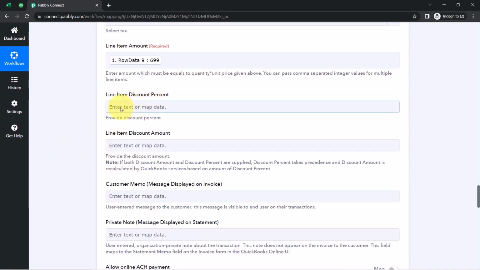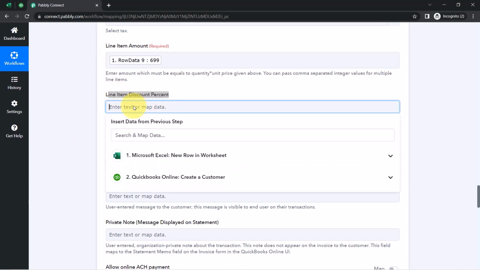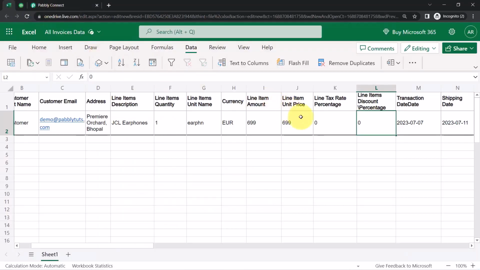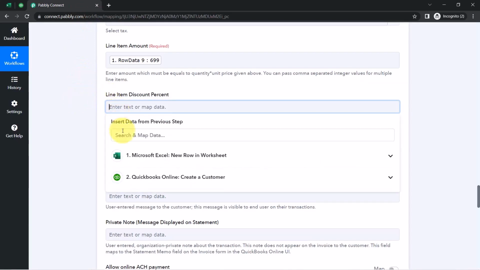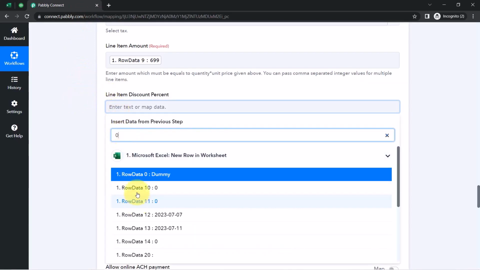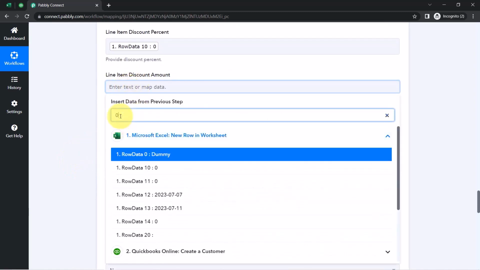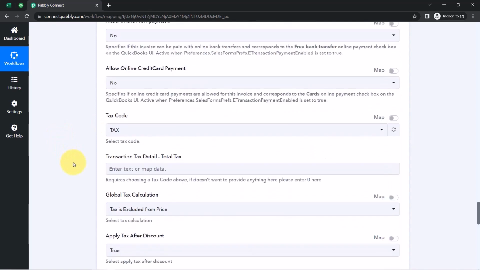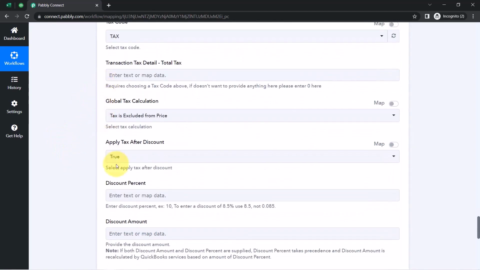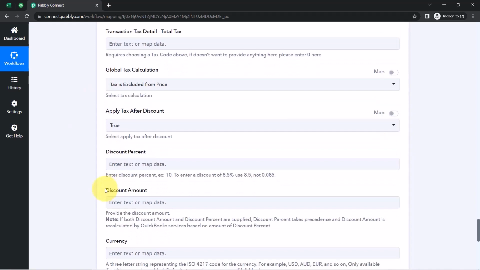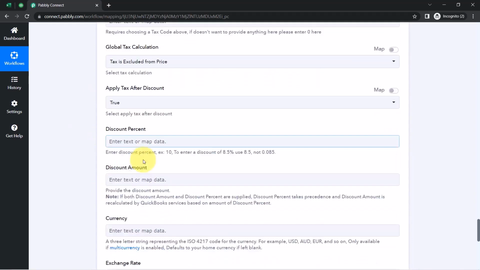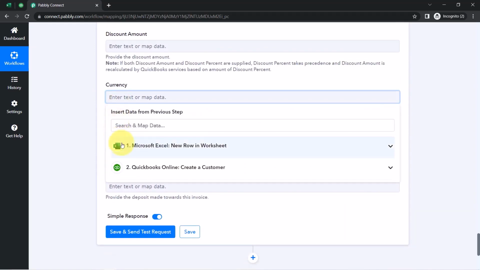And do we have other details left? Line item discount percentage. I'll have to check whether we have provided any detail like this or not. Yes, we do have the discount percentage and the tax rates percentage, and the value is actually 0. So I can directly search for that value, and yes, we do have that value. This is how you can map the details one by one directly from the MS Excel sheet, and I think I have provided the details for almost all the important fields. Again, it is up to you what kind of information you would like to provide in order to create the invoice. Lastly, let me also